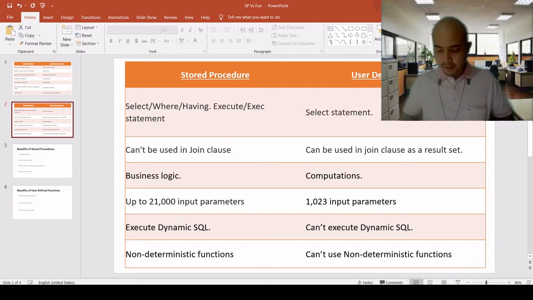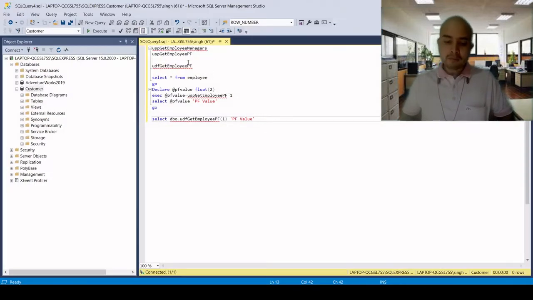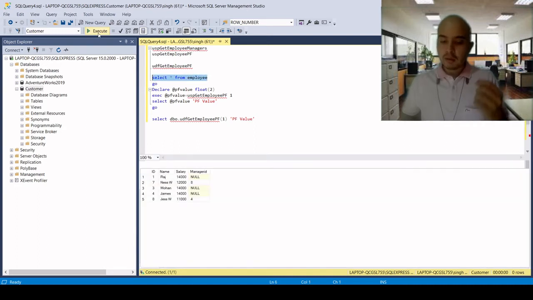So let's understand it. I have created two procedures over here. The first one is usp_GetEmployeeManager, and the second is usp_GetEmployeePF. This procedure is basically used to get the employees who are managers in the table. This is the table which we are using in it.